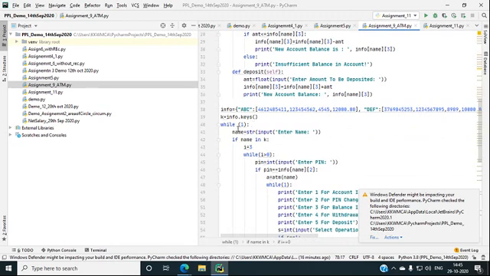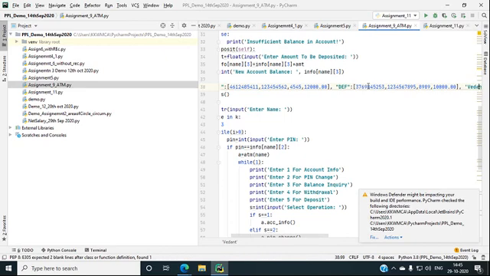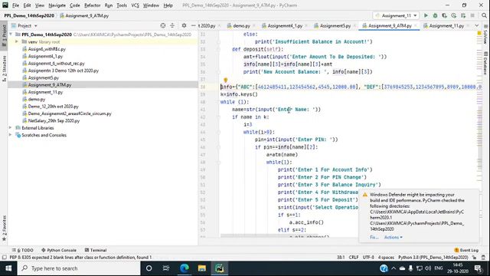I have considered and saved that into the info, and with the help of the while loop I am maintaining the information. It will ask for the name from the directory, and once you give the name, then it asks for the pin number.